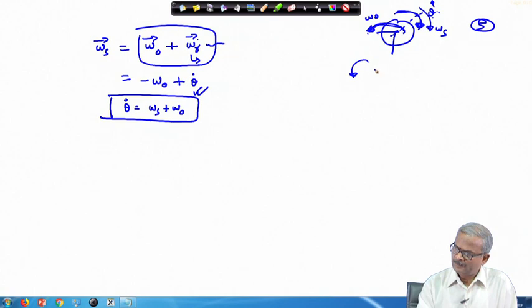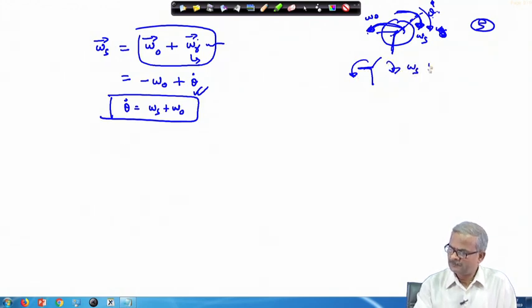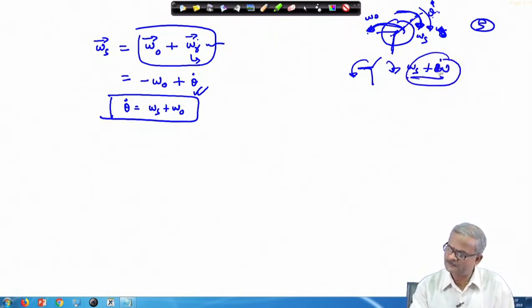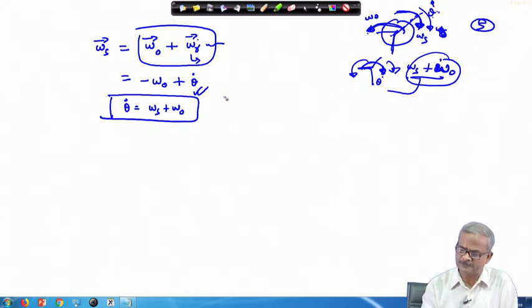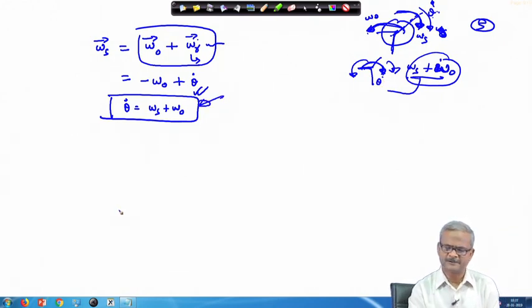Okay. So, if we have an inertial frame, then with respect to the inertial frame we have only omega s. But now we are measuring with a frame which is rotating in this direction. So, if this is rotating in this direction, obviously you can see that omega s plus theta dot will add, and this will show omega s plus omega 0, this will add up, and this will show you the rotation rate with respect to this axis. So, this becomes your theta dot. This is exactly what has been written, you can check it yourself.